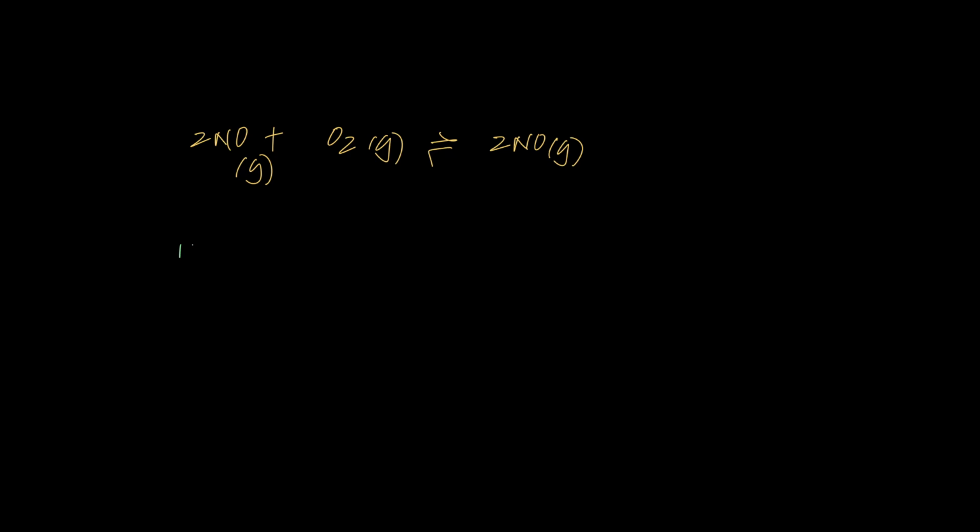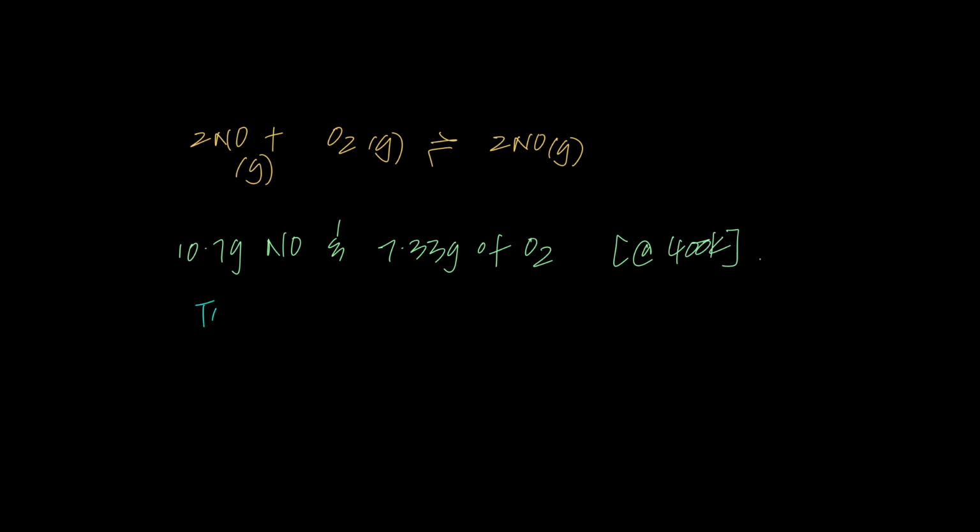If I have about 10.7 grams of NO and about 7.33 grams of O2 that I'm reacting, and they are all mixed at the same temperature, let's suppose 400 Kelvin, nobody cares, and the total pressure at the end equals 100 kilopascals,